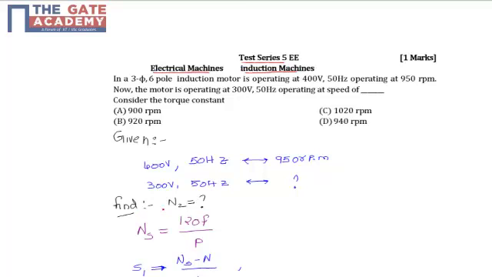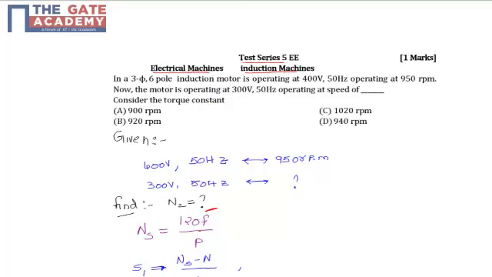When the induction motor is operating at 300 volts and 50 Hz frequency, we have to find the speed of the induction motor, where torque is given constant. So we have to find the value of speed N2; N1 is given as 950 RPM. The formula to calculate the synchronous speed is Ns equal to